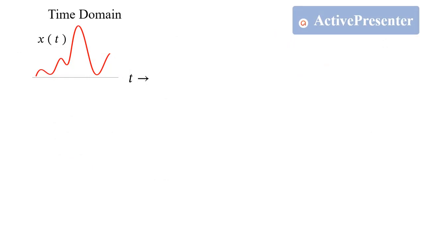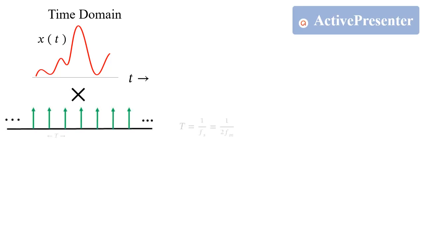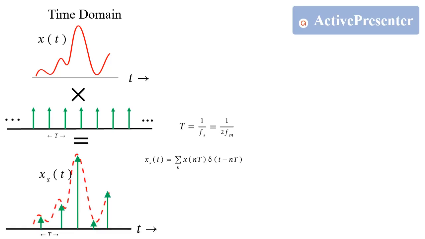When the continuous time signal x(t) is sampled by multiplying it with a periodic impulse train with periodicity of capital T seconds, the sampled signal also consists of impulses with spacing of T seconds. However, the strength of each impulse changes and it takes the value of x(t) at time instants that are integer multiples of this sampling duration T.